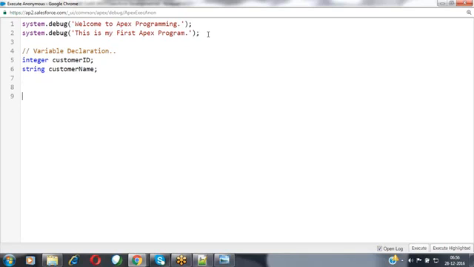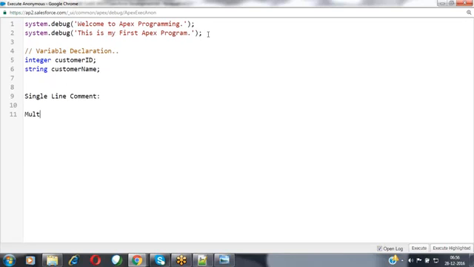If you want to comment that code, we have two ways of commenting here. Single line comment, and the second one is the multi-line comment. In a single line, if you want to comment only one line, you can specify the two forward slashes before that statement. Nothing but this is the whole code here. Now, before that line of Apex code, you can specify the two forward slashes, and automatically that code will be commented.